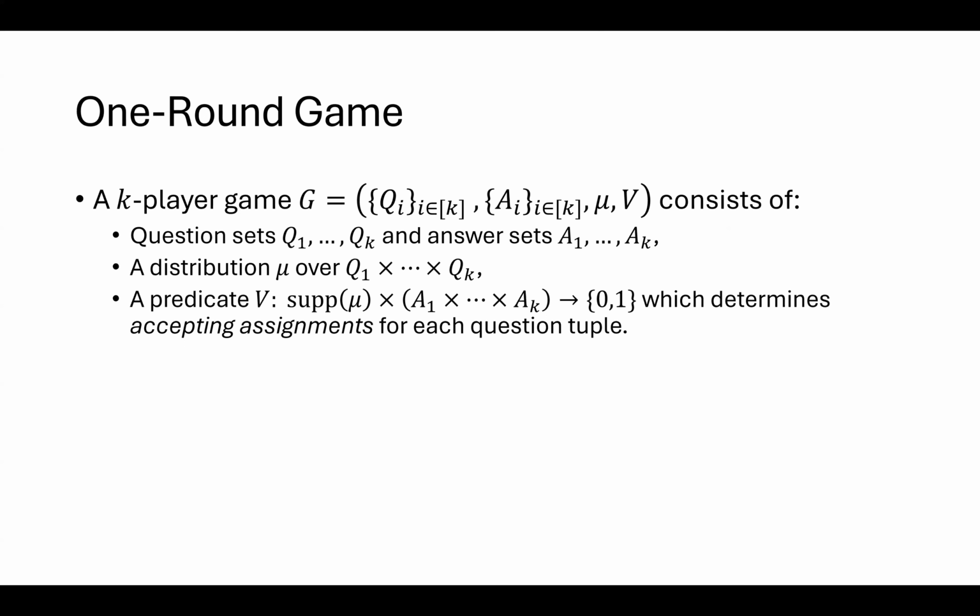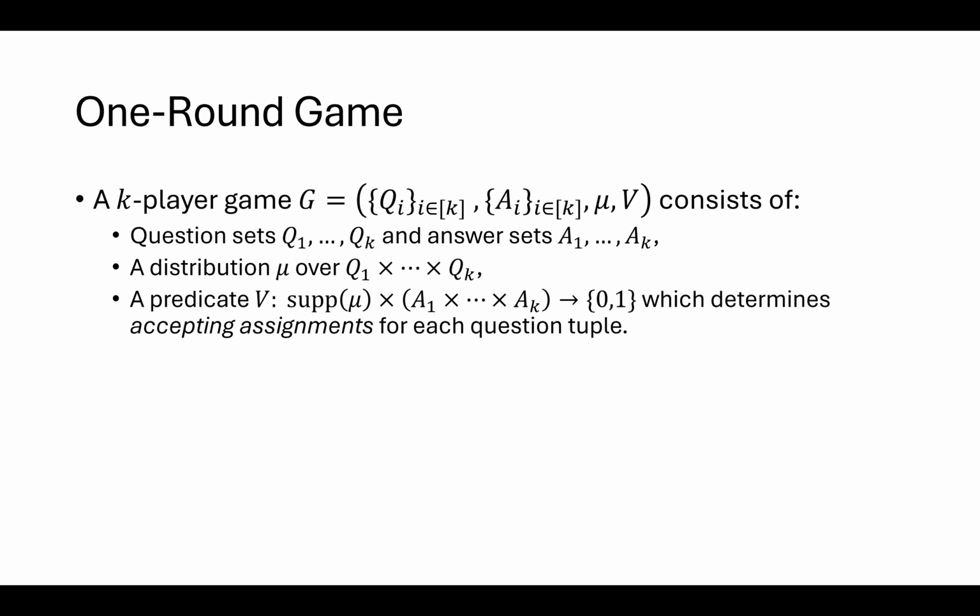To start, let me introduce what a k-player game is. I'll start with a one-round game. A k-player game G formally consists of the following objects. Question sets Q1 to Qk. Think of these as just finite sets. And also answer sets A1 to Ak, also finite sets. Also, a distribution mu over the questions, not necessarily with full support. In fact, most of the interesting examples we consider do not have full support over